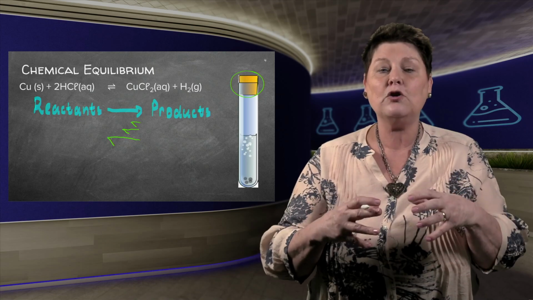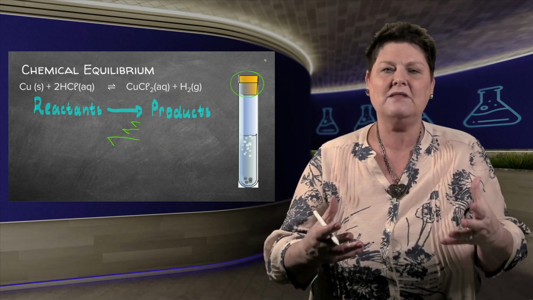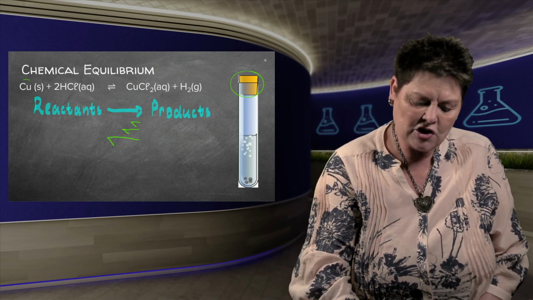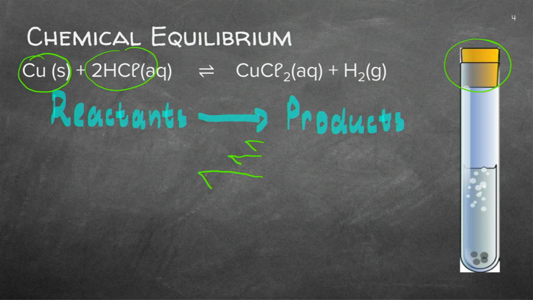And now we're going to have a look at it. What is this "remains the same"? So the concentration of the reactants in the beginning will decrease. The reaction will actually form products, and that concentration or moles will increase. But as soon as we get to the point where we've got equilibrium, which means every reactant becomes a product and every product becomes a reactant exactly at the same time, then they remain the same.